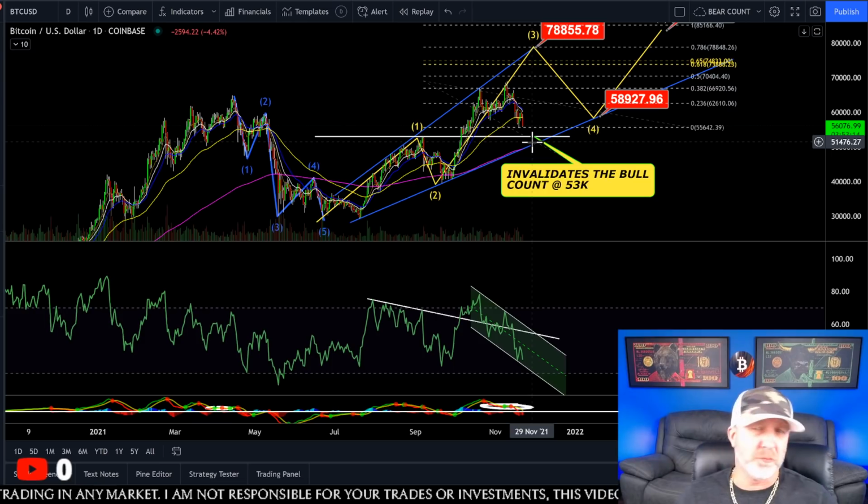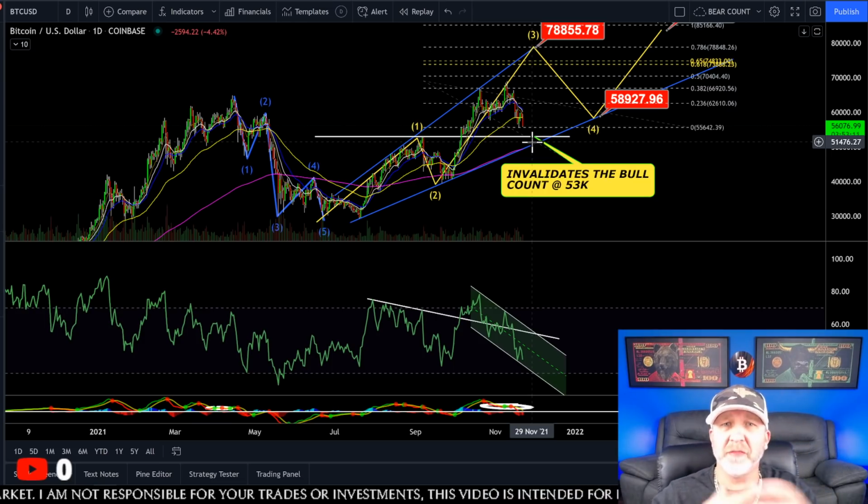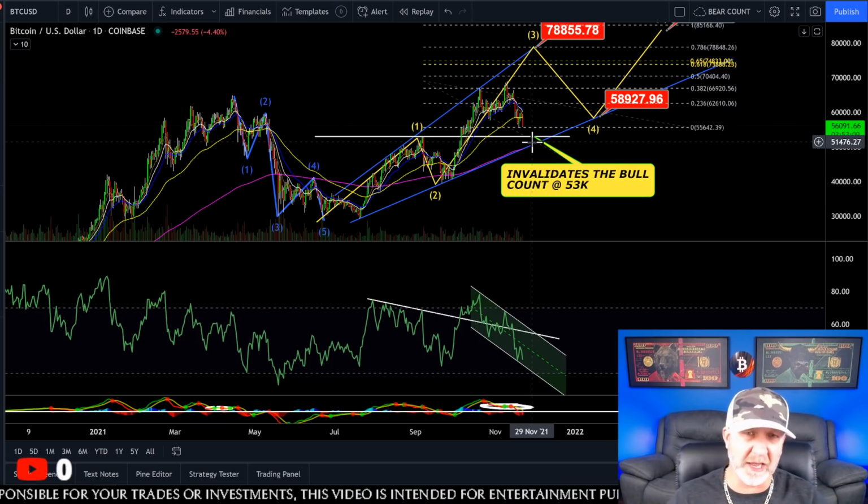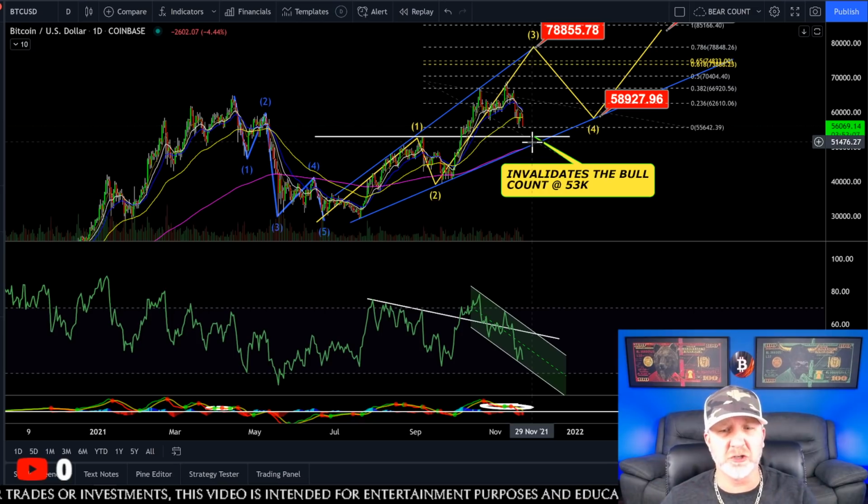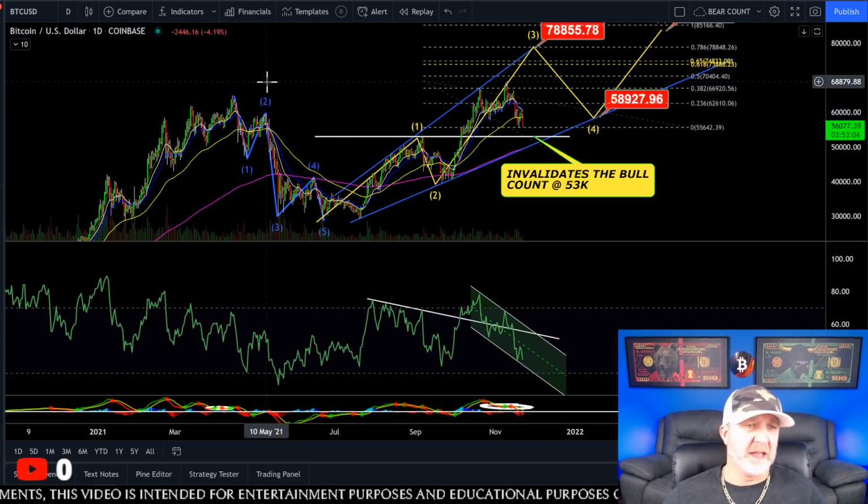But anyways, we're going to be looking at the bullish case, and we're going to look at that invalidation point. I'm just going to do a quick run through. Nothing has changed in my charts from what we've been looking at. So I'm going to run through it real quick and just show you what we're looking for. And let's get into it.